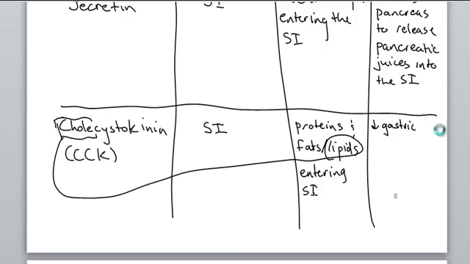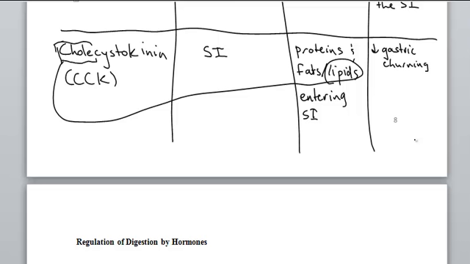It helps to cause the gallbladder to release bile, which makes sense because it's released in response to the presence of lipids, so you'll release bile to be able to emulsify those lipids. And along with secretin, also